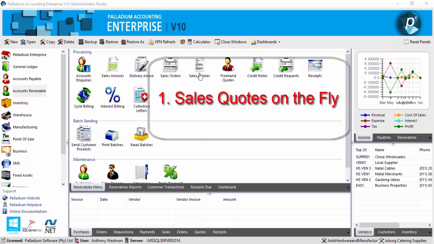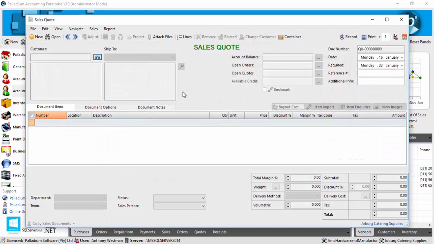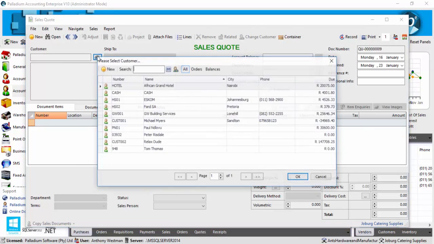So if we look at your regular sales quote feature, if we want to put a quotation together, you first have to select the customer. So this is fine if the customer we're quoting is an existing client and already exists on our system. However, if it's for a prospective client who doesn't exist on the system, that means in order to give them a quote, we first have to create them as a new customer and get a few details off them, which isn't always ideal if you just want to quickly give the prospective client a quote so they can get on